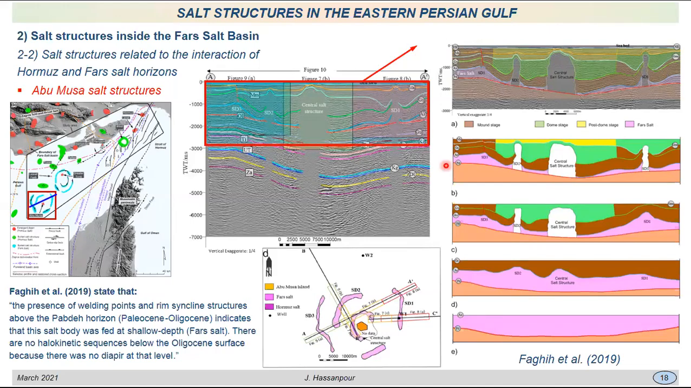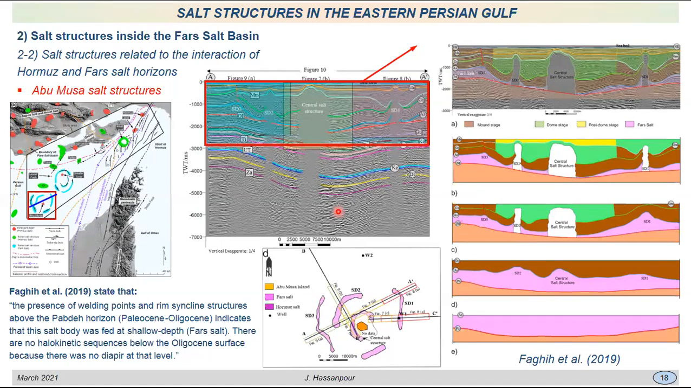So this is the central salt structure, and these are the surrounding salt structures. The surrounding salt walls and anticlines are totally from the Fars Salt, because the base of the salt and the older sediments are quite continuous. But for the central salt structure, there is a debate on the source of diapirism. For example, these authors have considered it to be totally from the Fars Salt,